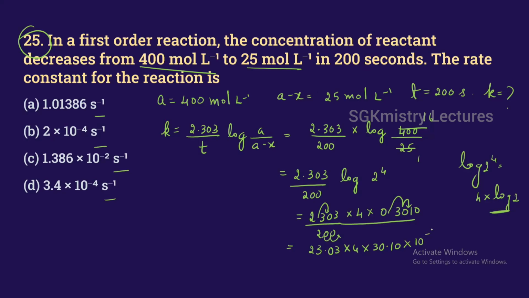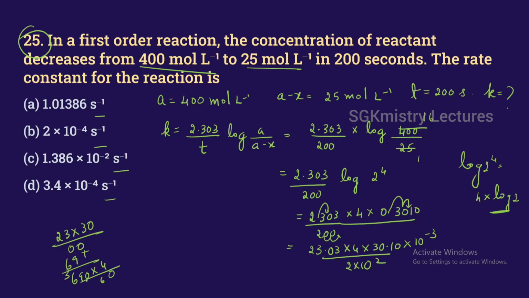Totally I have shifted 3 points. So minus 3. 2 into 10 to the power of 2. Correct? So now I can easily just check 23 into 30 into 4. So let me do the calculation. 23 into 30. 3 3s are 9, 3 2s are 6. So 690. 690 into 4,